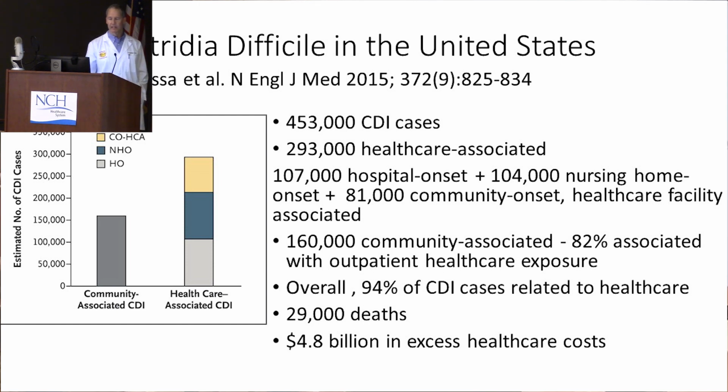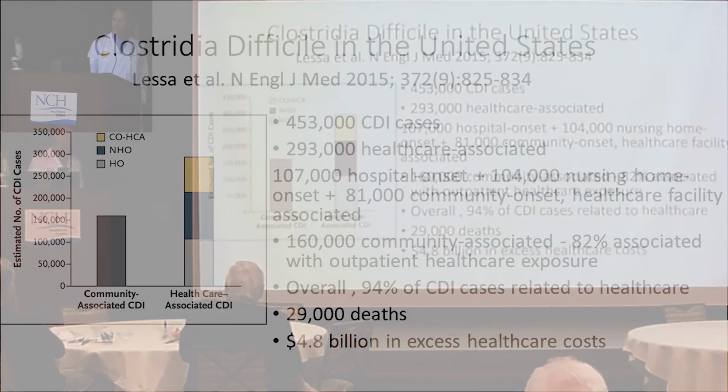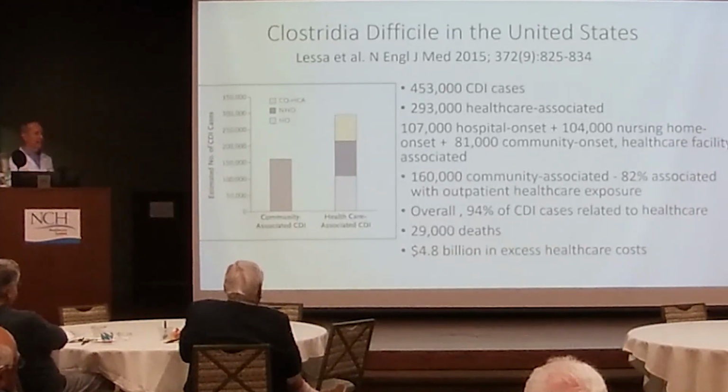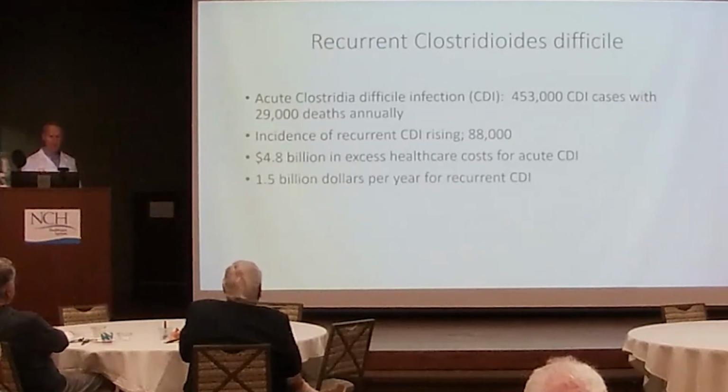Now, this is data collected by the CDC, last published in 2015. I guess they've been busy the last 3 years, but the last time this was tabulated, there were 450,000 cases across the United States. The majority, almost 300,000, were healthcare associated, with hospitals, urgent care centers, nursing homes. The rest are community acquired, but when those community acquired infections are looked at, usually there's a healthcare personnel association in some fashion. There are almost 30,000 deaths a year. That has not changed. About $5 billion in excess costs are associated with C. diff. And a component of acute C. diff is